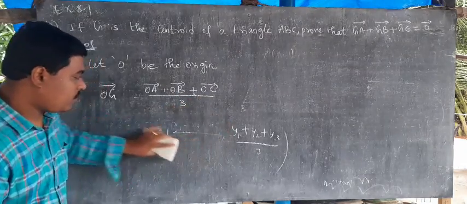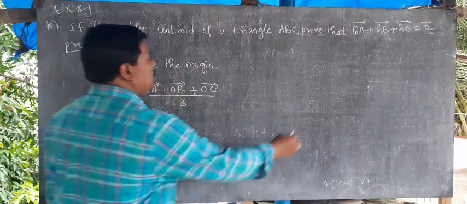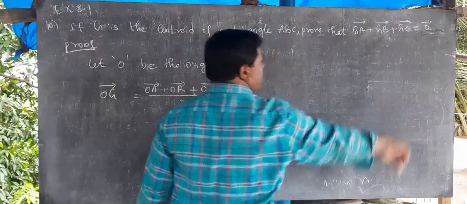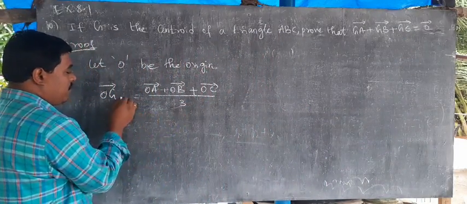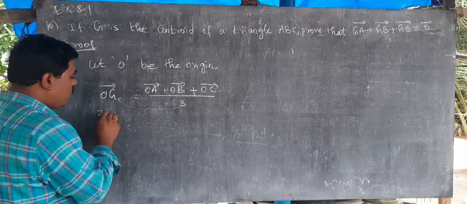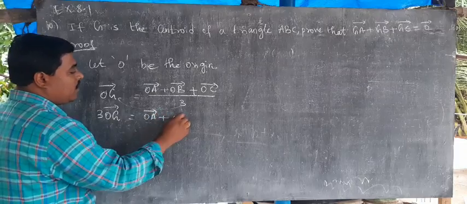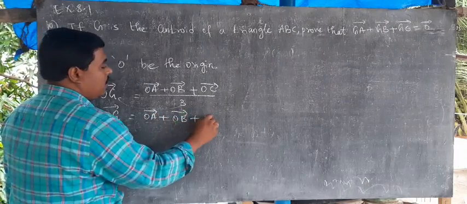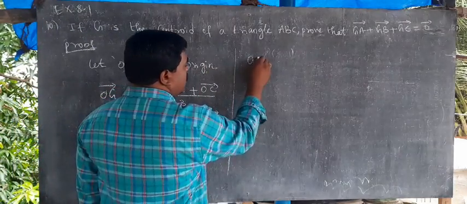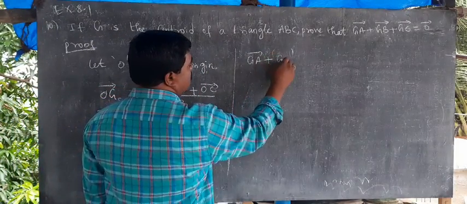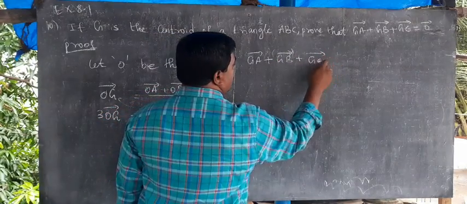So what is the proof we need? GA vector plus GB vector plus GC vector equal to 0 vector. Listen, when we multiply by 3 here, 3 OG vector equal to OA vector plus OB vector plus OC vector. Now I take the proof: GA vector plus GB vector plus GC vector equal to